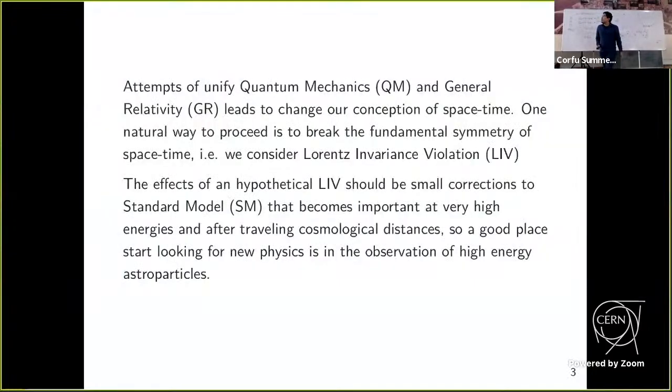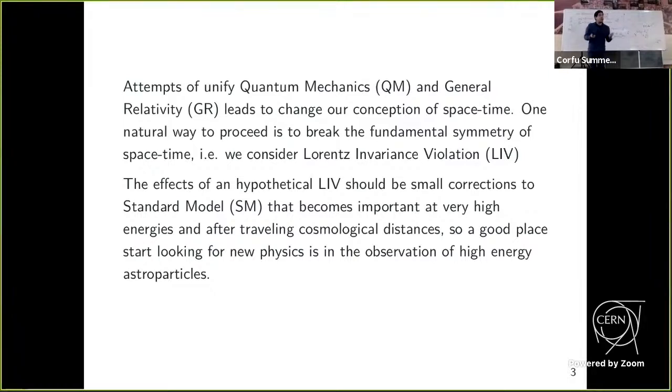So, we start as always trying to unify quantum mechanics and general relativity. And this leads us to change our concept of space-time. And one natural way to do that is to consider the violation of the fundamental symmetry of space-time. This hypothetical violation of the space-time